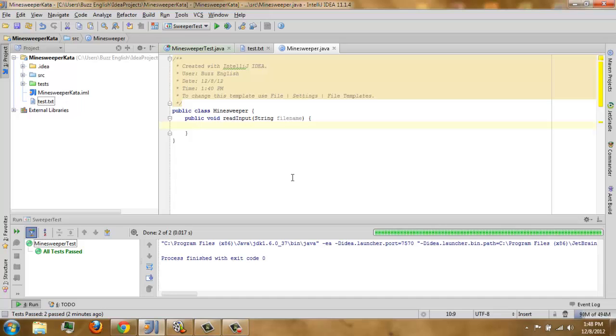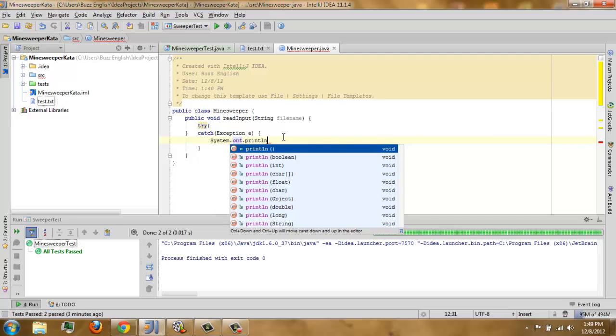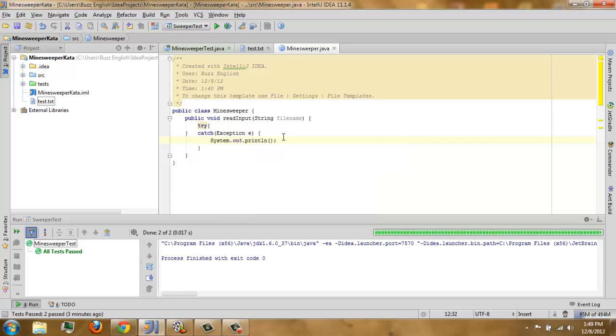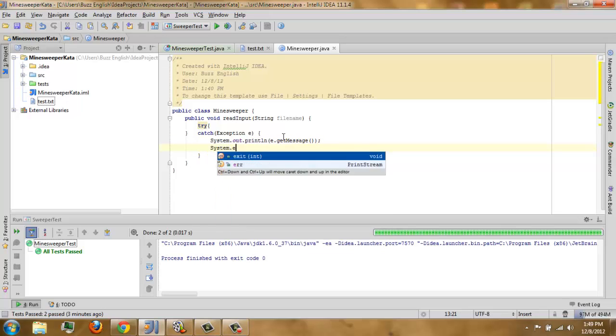Another try-catch again. Try, catch with some Exception e, and then print e.getMessage and System.exit(0).